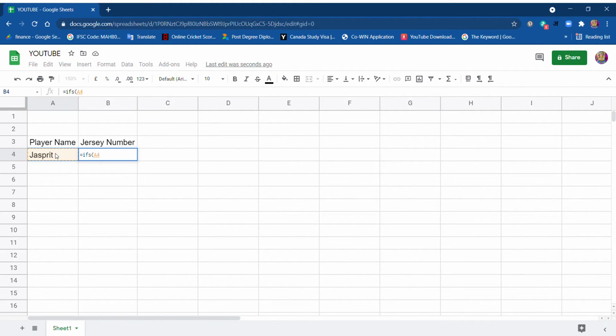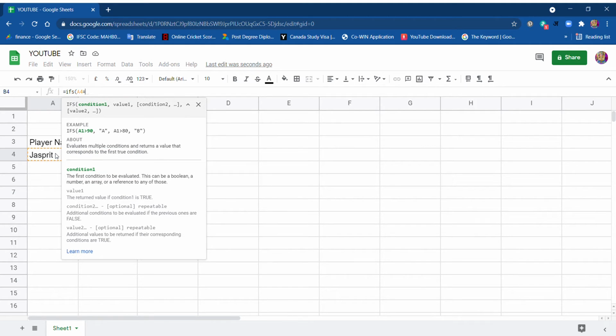Condition 1 should be: if A4 is equal to Rohit, then give me the value 45. Then comes condition 2. If this is equal to Jasprit, then give me the value 93.